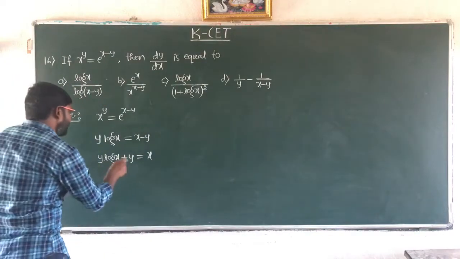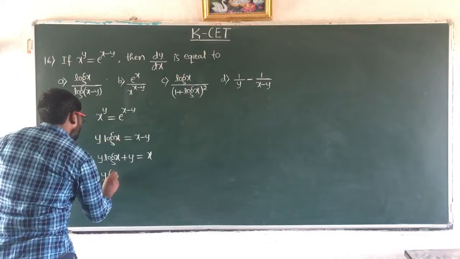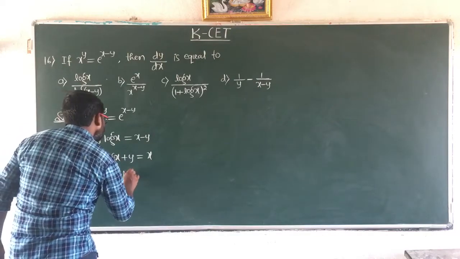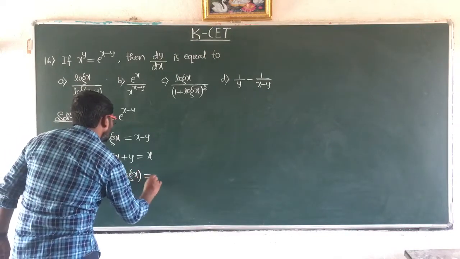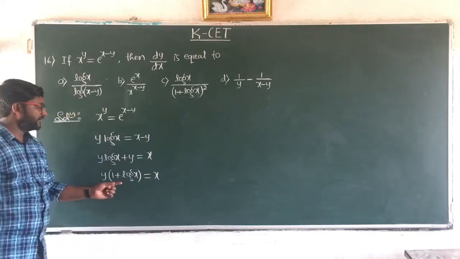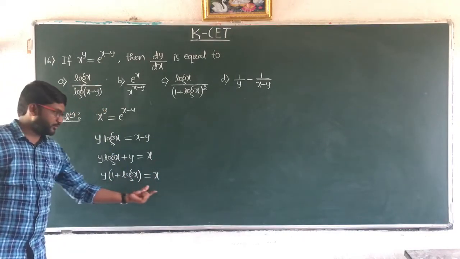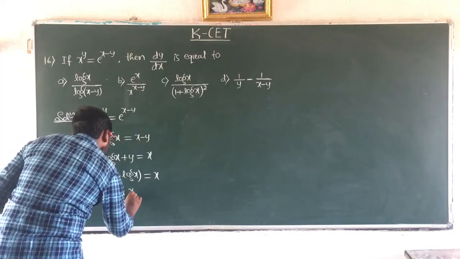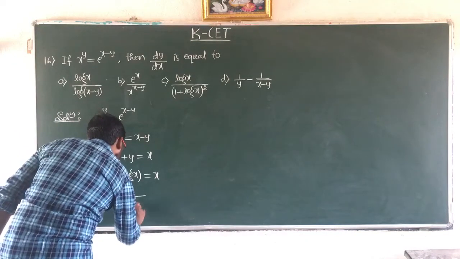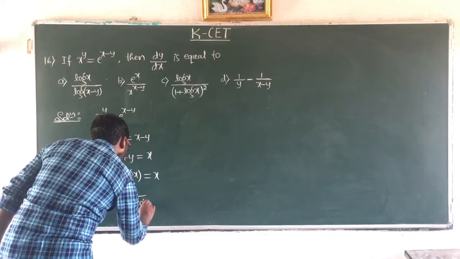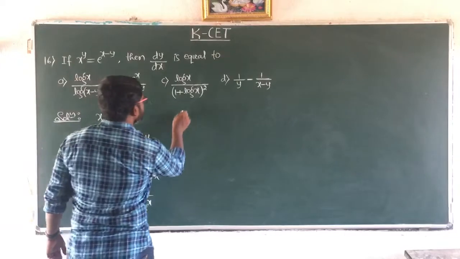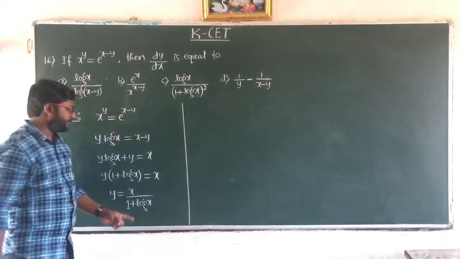Now I take y common here. Y common, we get 1 plus log x, which is equal to x. So now take this term to the RHS, it goes to the denominator. Y is equal to x divided by 1 plus log x. So now we have to differentiate with respect to x and we have to apply the